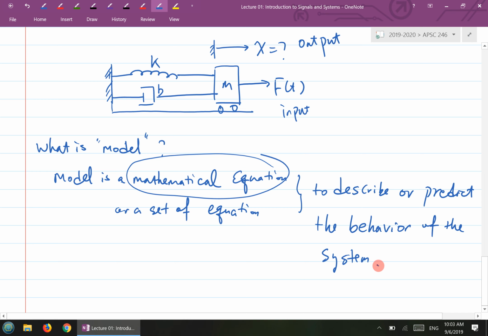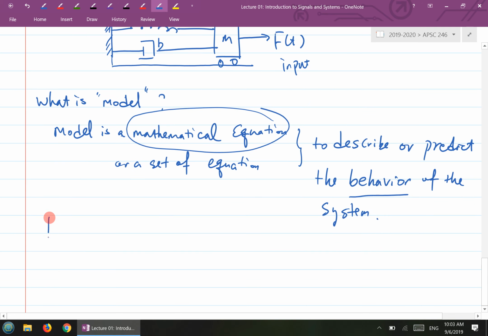And this is the major part of the course: we will learn the very preliminary, fundamental mathematical approach to describe the behavior of the system. That starts from first order differential equations, second order differential equations, mostly linear, so it's an ordinary differential equation, right? So the behavior here, okay, I use a very lay word called behavior, but a more formal word for it,